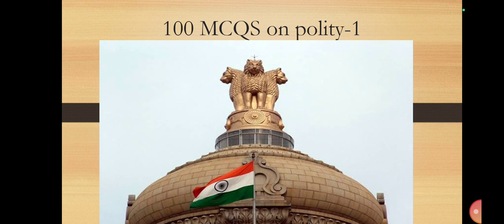Question number 68. Which of the following statements are correct? Article 200 of the Indian Constitution deals with the power of the governor with regard to the assent given to bills passed by the state legislature and other powers of the governor, such as reserving the bill for the President's consideration. According to Article 200, when a bill is passed by the legislature of a state, it is presented to the governor. He has 4 options. He assents to the bill, he withholds assent, he reserves the bill for the consideration of the President, or he returns the bill to the legislature for